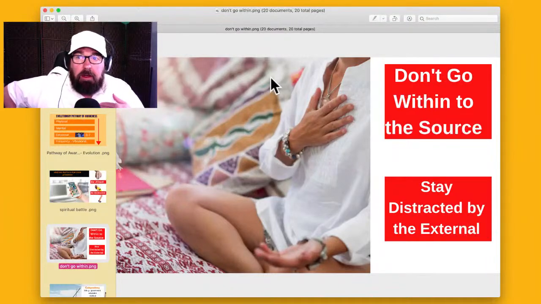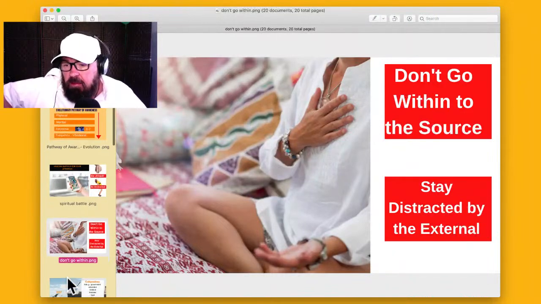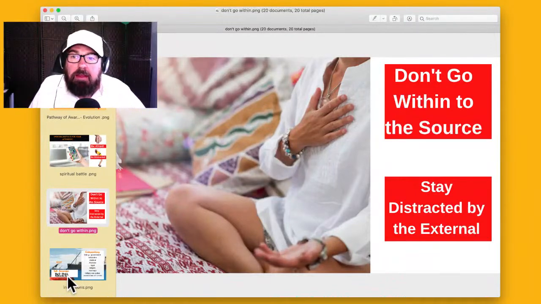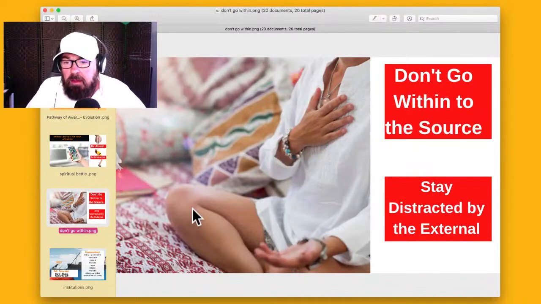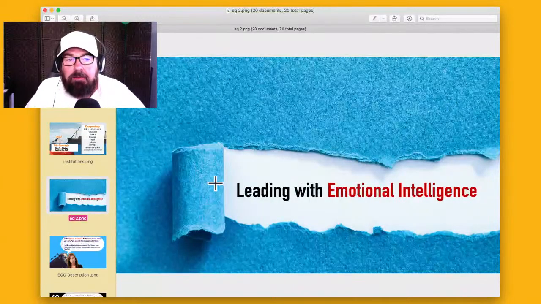It's like, are you gonna get distracted? Are you gonna bite the bait? And the distractions are gonna come really fast and furious in 2023 too, right? We've all been distracted on the external. Like there's so much stress, this artificial stress that's created to keep you locked into survival, right? And not going within to the source. So this is about feeling, right? It's about feeling. So this is what's happening now.